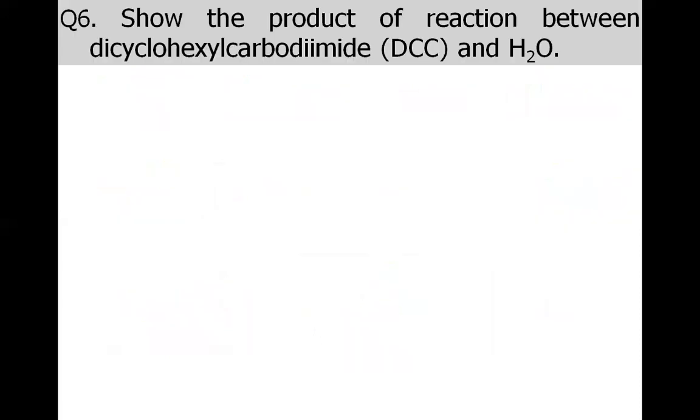Question 6 was about the reaction between the DCC, that is called the dicyclohexyl carbodiimide, and water. So this is the structure of DCC, as the name suggests. Dicyclo, we have the dicyclohexyl groups which are attached to the terminal, and carbodiimide, this is the carbo, the central carbon, and we have the two imide bonds present. And you could simply judge that the central carbon must be electrophilic, in fact very much electrophilic, because of attachment with the two electronegative elements on both sides, and also because of this unsaturation.